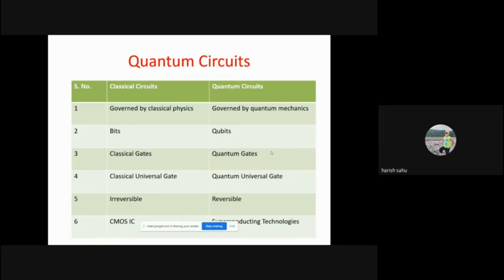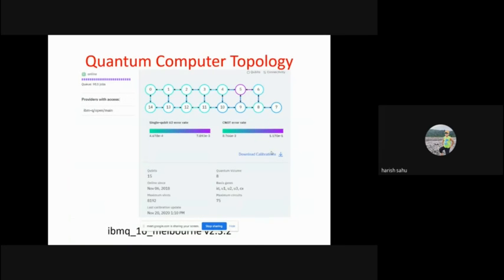Okay. So have you guys seen this quantum computer topology in an earlier session anytime? Sorry, sir. Have you seen this quantum computer topology of IBM devices in any session previously?